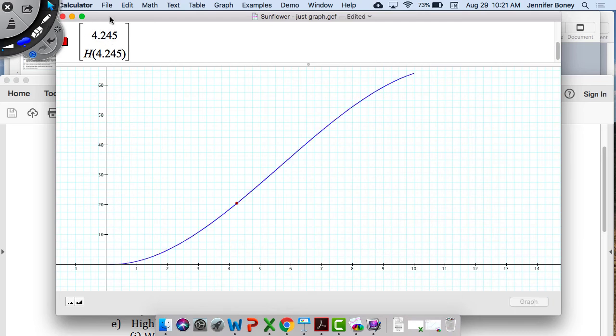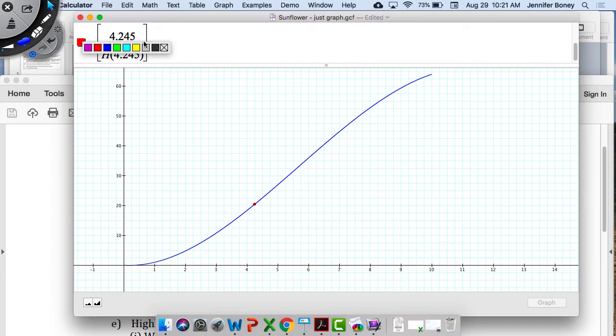Now, mine's in red because this is set to red. If I want it to be black, I can change this color, remember? But something other than blue maybe makes it easier to show up. So